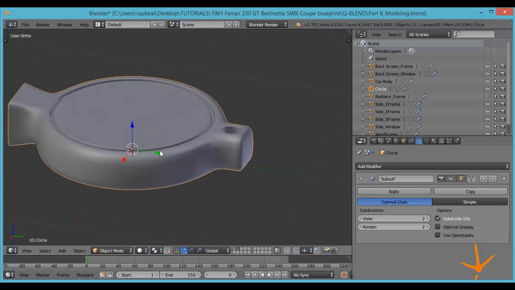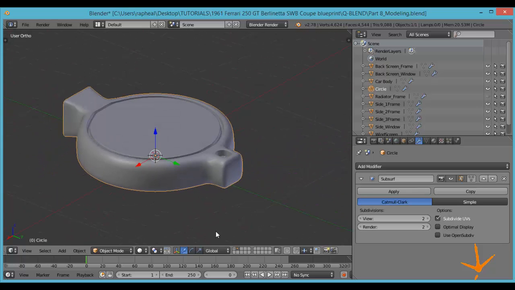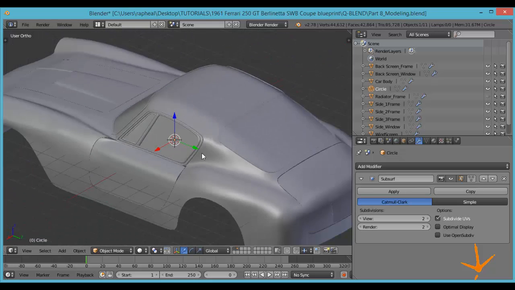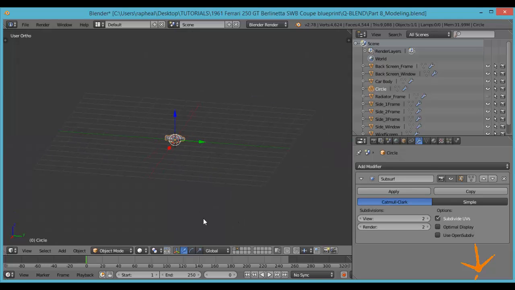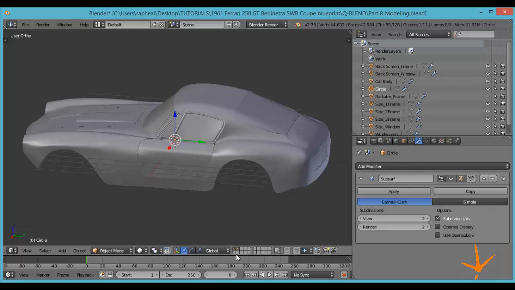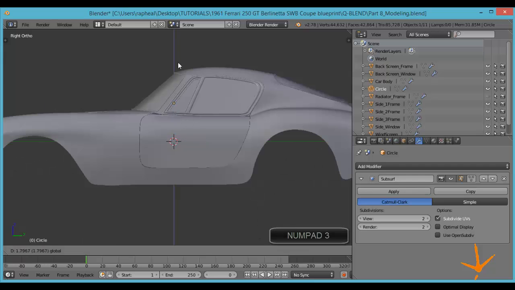This is not actually how it looks in real life, but I just wanted to show you how I made it. So I'll switch to 3 on the numpad. I was in this layer, so I held down the shift button and clicked on the first layer to turn on the 2 layers together. So switch to 3 and then just push this